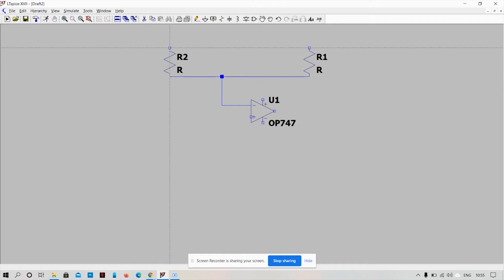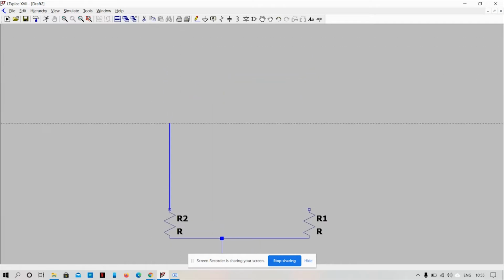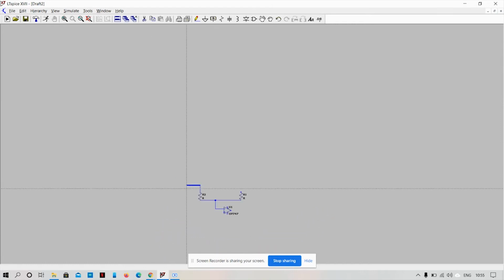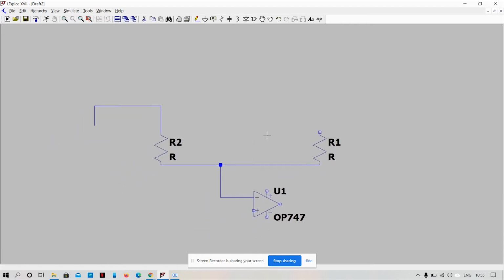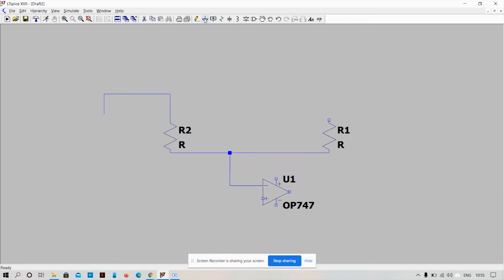Okay, and then okay, this is good to go. Then we have to add the ground part.